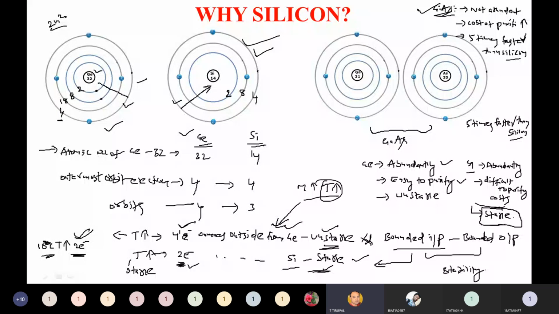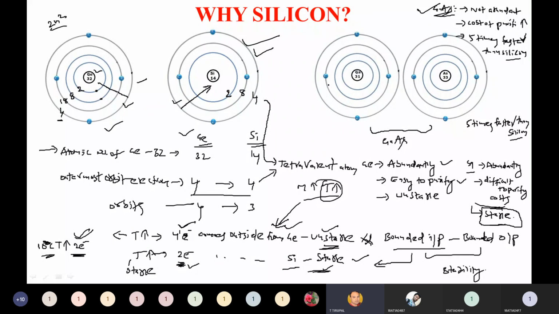And most probably you will get a question on this also: why silicon, why it is stable, why it is unstable, how many orbitals are there, how many atomic numbers are there, what are the valence electrons at the outermost orbit. Now if you see here, there are 4 electrons at the outermost orbit in germanium and silicon. If you observe 4 electrons, then it is called a tetravalent atom. Please write this important point. If it contains 4 electrons at the outermost orbit, it is called a tetravalent atom, right?